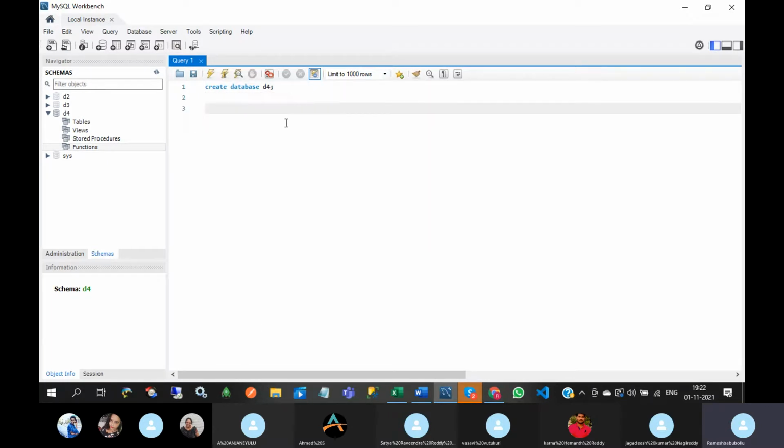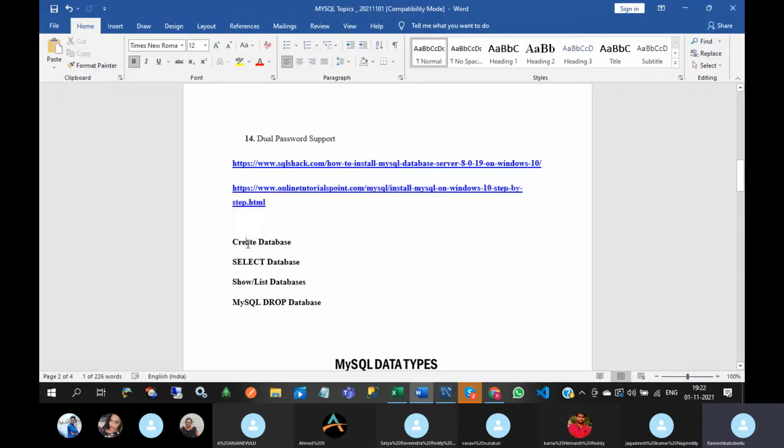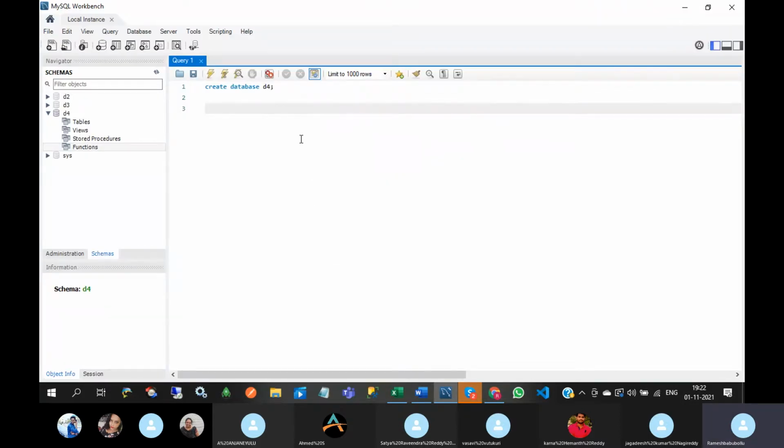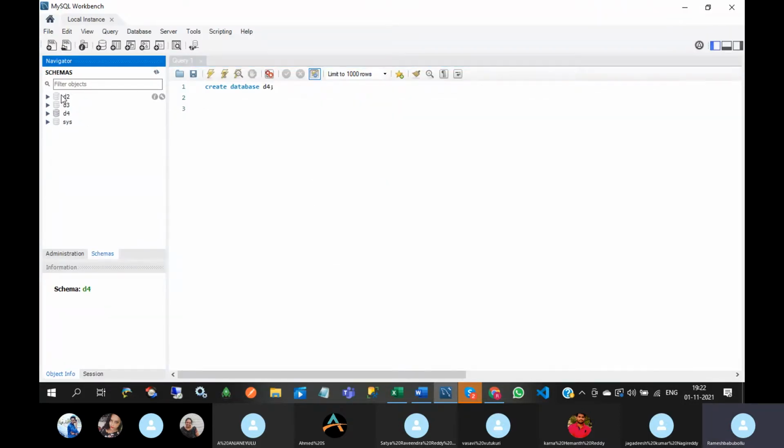Next, I want to use the database. Create the database and select the database. Selecting the database means multiple databases are here: D2, D3, D4. Which database do you want to use? I want to use the D4 database.